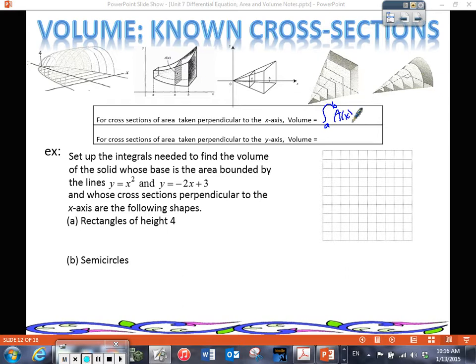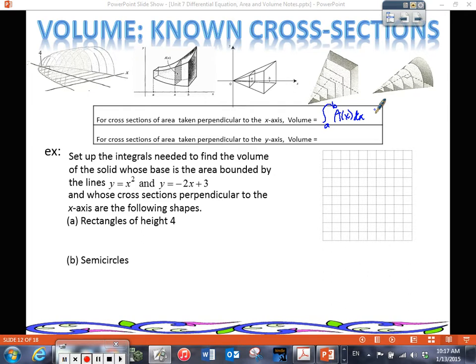Area with respect to x dx. So we need to come up with an equation for area, and we integrate it. And that kind of makes sense. Areas are in 2 dimensions, and when we integrate something in 2 dimensions, it would make sense that that would put it in 3 dimensions. And that's how we were finding volume, is we're integrating the area of one of the